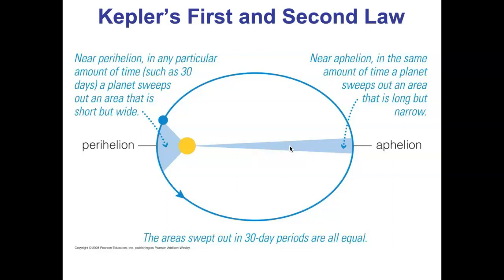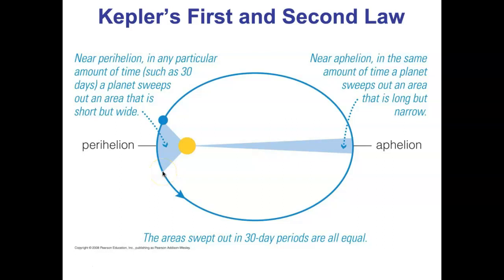At which point you're probably now asking yourself, so what? What is this supposed to mean? Again, this is a little convoluted because Kepler doesn't know why the planets do this. Kepler is just describing how the planets move. So let's use a little bit of intuition here. How can it be that a planet takes 30 days to go this distance over here, but the planet only goes this distance in the same amount of time? Well, if the planet moves this far in 30 days, and it moves only this far in another 30 days, what can we say about a planet if it moves a greater distance in the same amount of time?